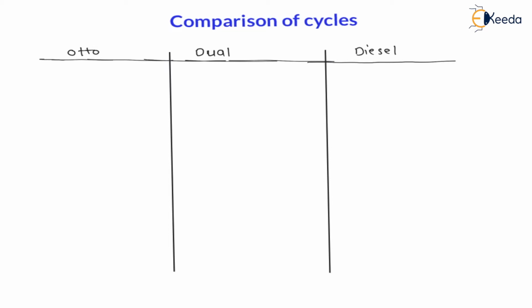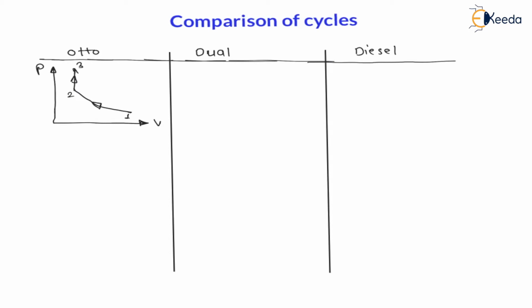Right. Now let us understand the cycles. Let us draw the PV diagram for Otto, diesel and dual cycle. In case of Otto cycle, on PV diagram, pressure versus volume diagram, the various processes are, very first process is reversible adiabatic compression. This is number 1 to 2, reversible adiabatic compression. 2 to 3 is constant volume heat supply.